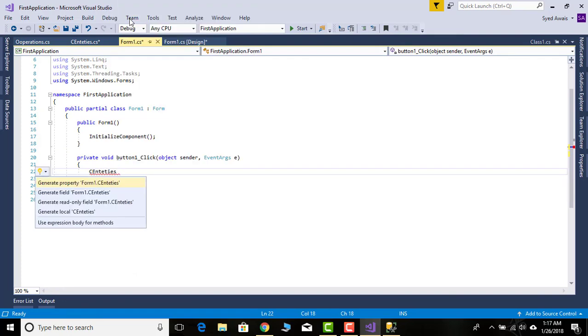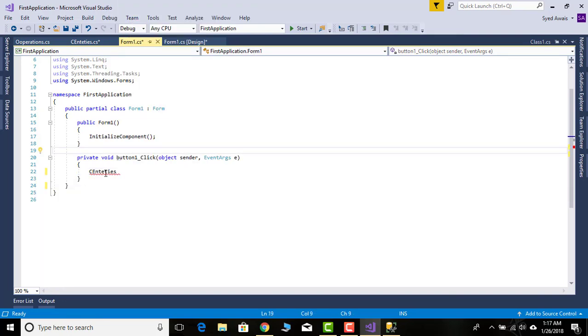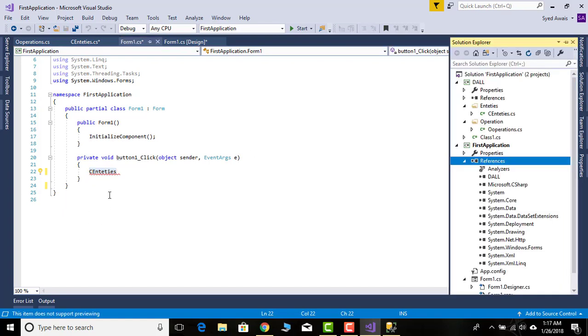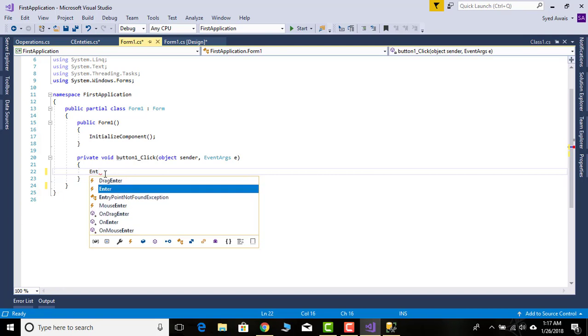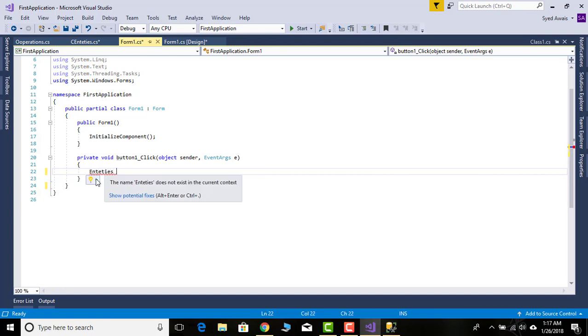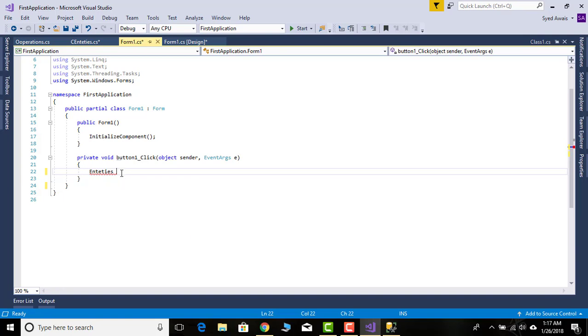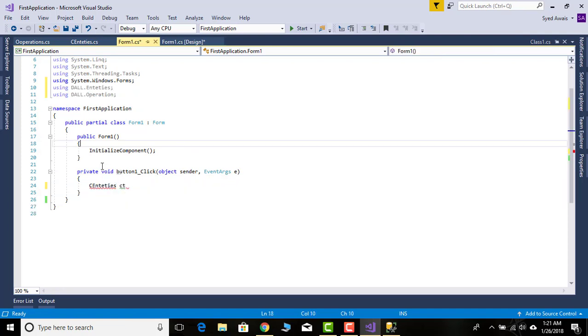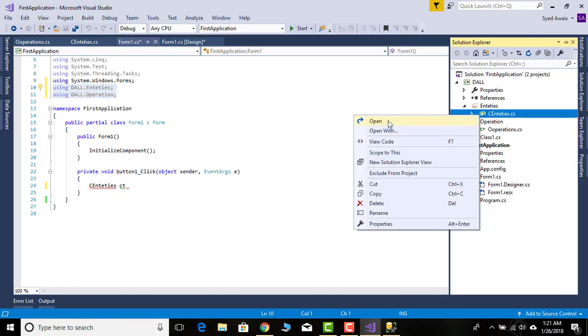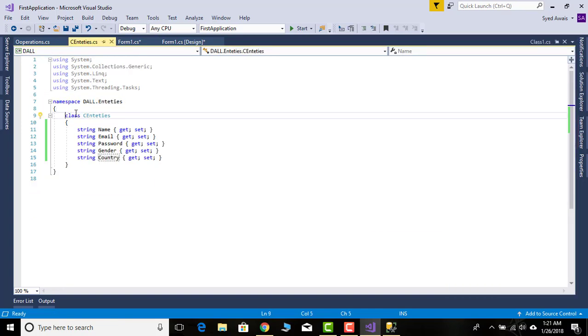Okay, and now guys, I have created two files here using dal.entities and dal.operations, and I want you to go here and